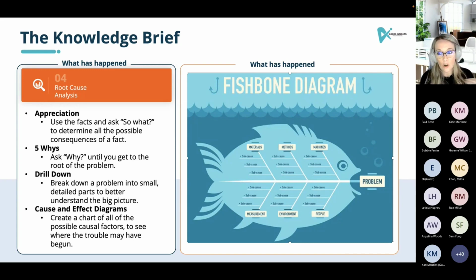We also want to measure it over time, so we don't just want to go, oh, this pipe is eroded, we must replace the pipe. We want to understand, if there was too much water pressure going in, is that the actual problem that we're solving? And therefore, we still need to replace the pipe, but that's just one step in the process. And then your cause and effect diagram, or your fishbone diagram, looks at the problem, and again, this needs to be well defined.